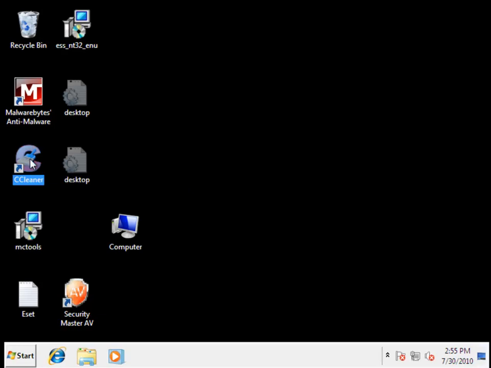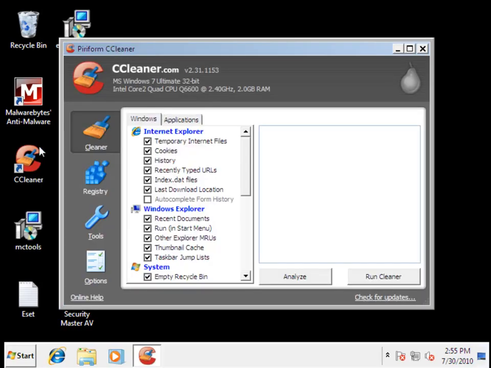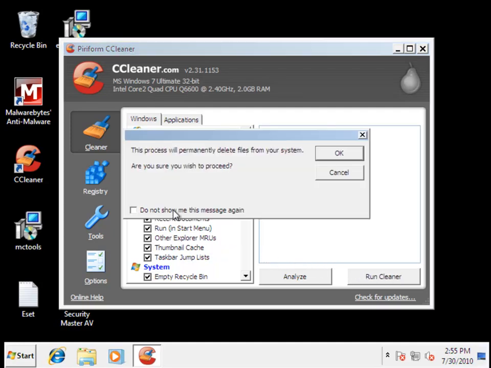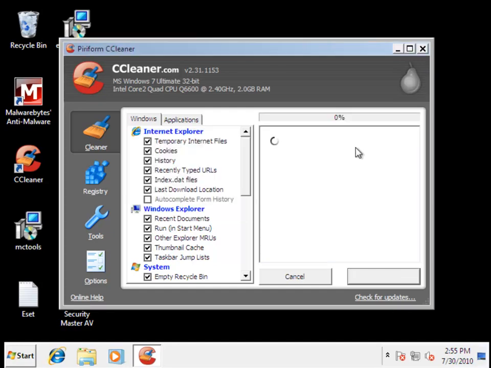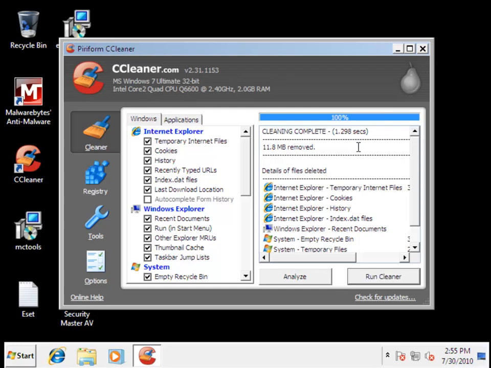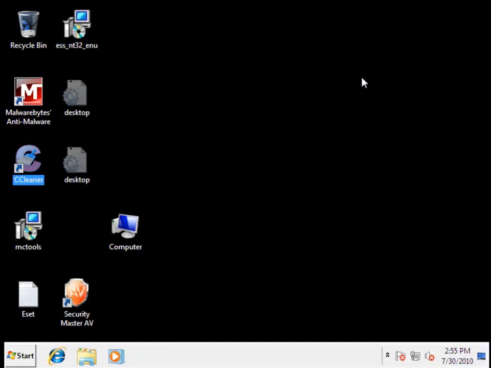Now, I've got two utilities to try. One is called CCleaner, and it's a cleanup utility. It goes through all your temporary directories and cleans them out. It's a free utility. You can download it at ccleaner.com. So I'm just going to run this. The length of time that it takes for this to run depends on how much data it needs to clean out. So after this is done, I'm just going to close it out, and I'm going to run the second